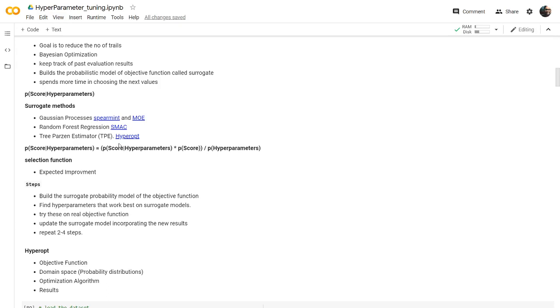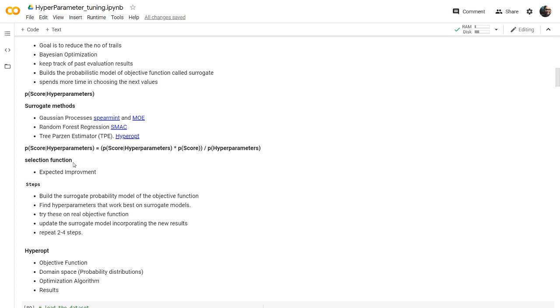The selection of the next hyperparameters is the important step here. We'll be using a selection function to select that next set of hyperparameters, and the most used selection function is expected improvement. In the Tree Parzen Estimator, the expected improvement is the ratio of those two probability distributions. Let's call the probability distribution below the threshold value L of x, and the probability distribution above the threshold value G of x.